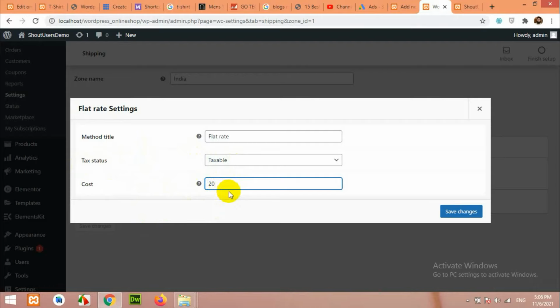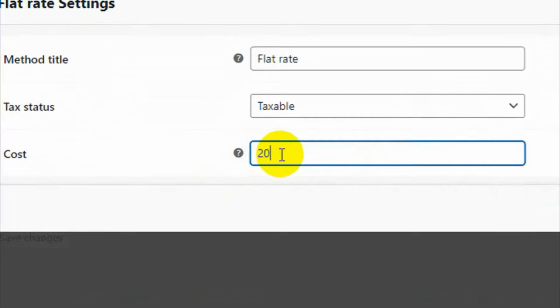For example, if your customer buys one shirt, then he will be charged 20 rupees per shirt for the delivery. But if he adds more than one shirt, for example 5 shirts, then he will still be charged only 20. So for this problem, you can add this type: 20 star,